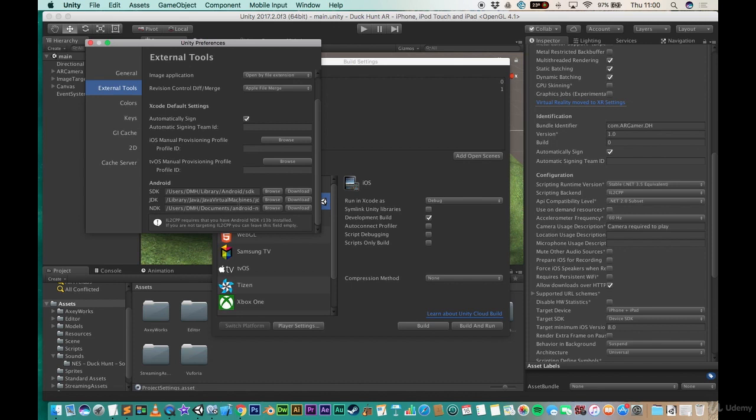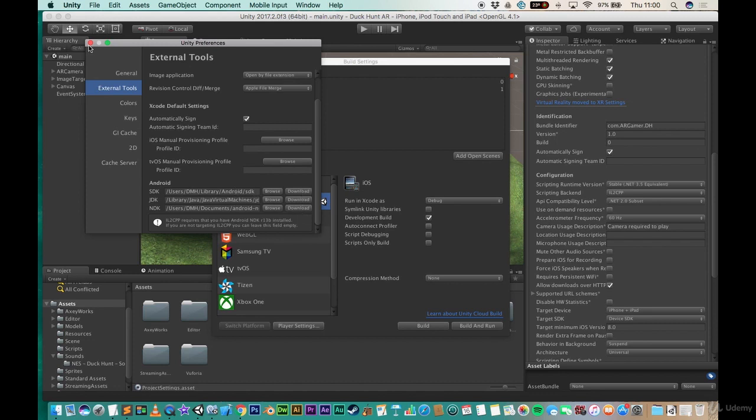Now if you don't have this filled out, then your build will not run correctly in Xcode. So download the package from Oracle's website and save it somewhere that won't move on the machine, and then navigate to the folder and hook it up. And likewise, if you don't have the SDK for Android or the Java SDK, then download these